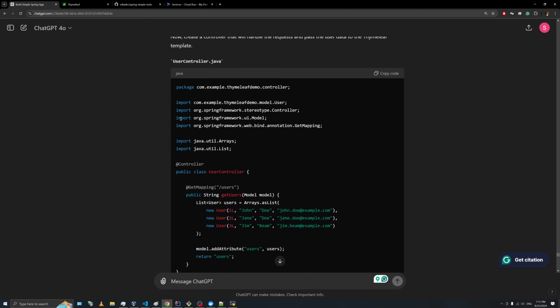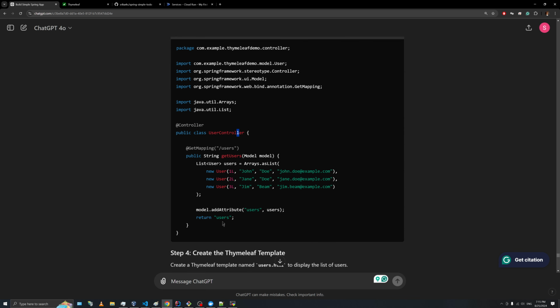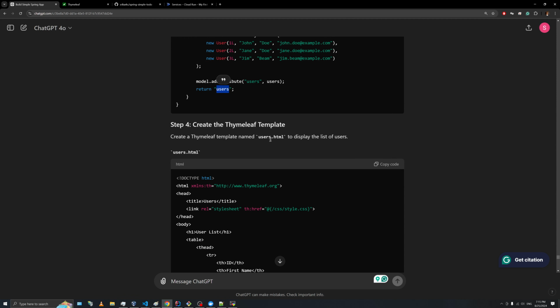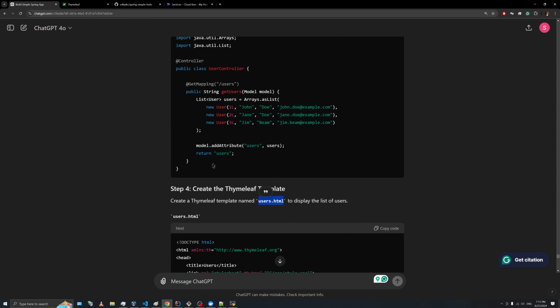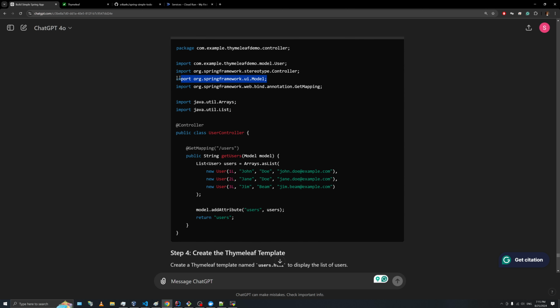So here we're directly creating the controller, and this controller has users, so we'll probably be creating a users.html. Then this model will be a Spring